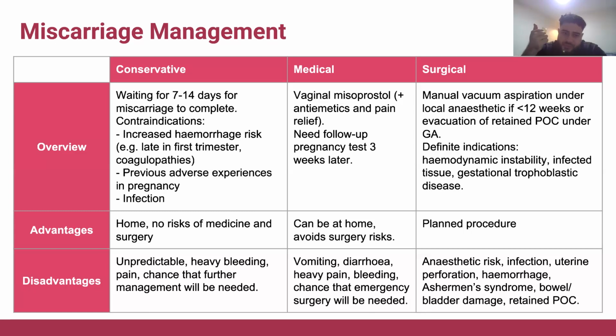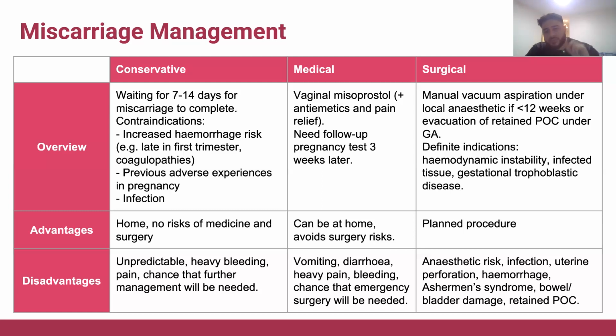Because you obviously don't want to send any patient home with a high infection risk where the miscarriage could spiral into some kind of sepsis, or if they have a very high bleeding risk, and you send them home, they end up bleeding excessively and they become hemodynamically unstable, and you don't want to face complications like that. So generally, you're conservative for patients where you're not really worried about infection. You're also not really worried about excessive hemorrhaging risk, right?